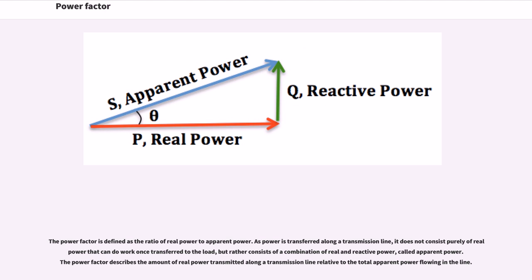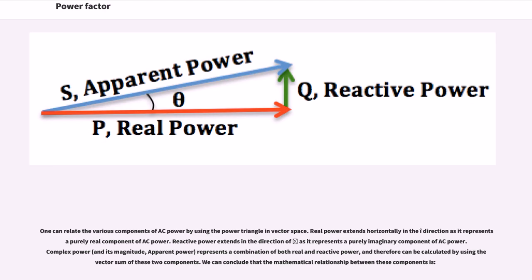As power is transferred along a transmission line, it does not consist purely of real power that can do work once transferred to the load, but rather consists of a combination of real and reactive power, called apparent power. The power factor describes the amount of real power transmitted along a transmission line relative to the total apparent power flowing in the line. One can relate the various components of AC power by using the power triangle in vector